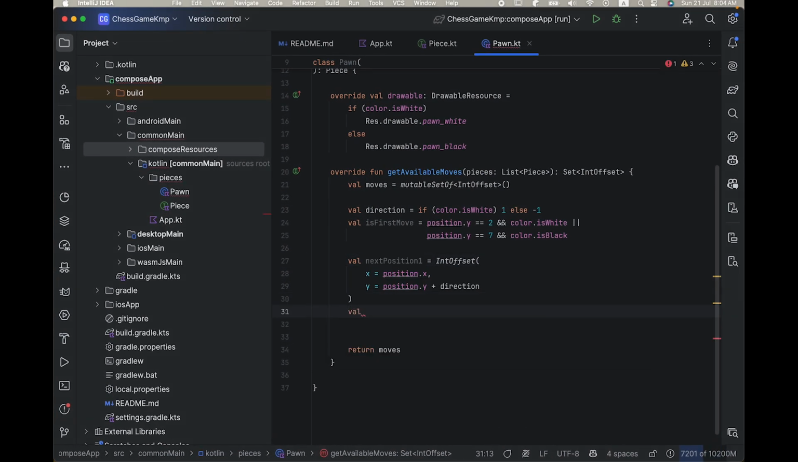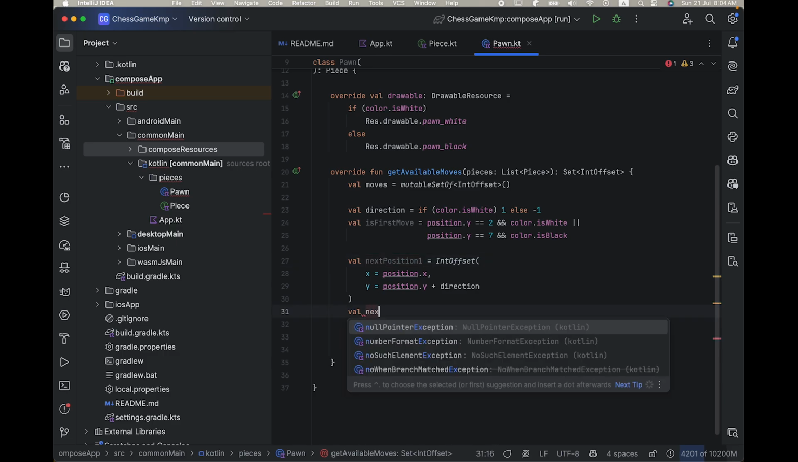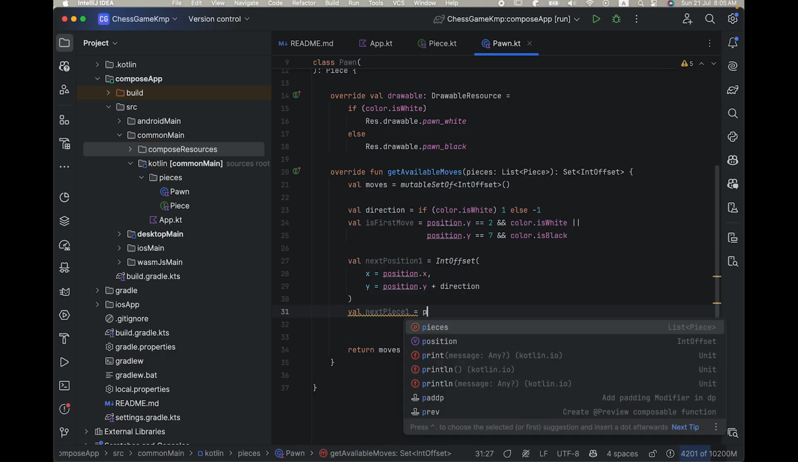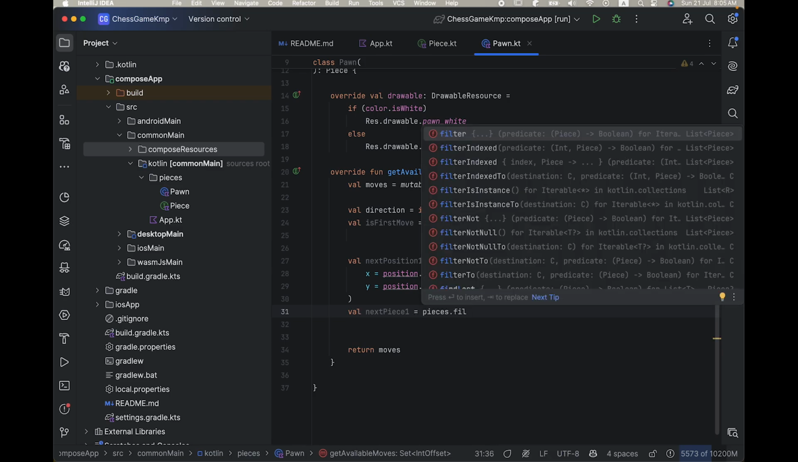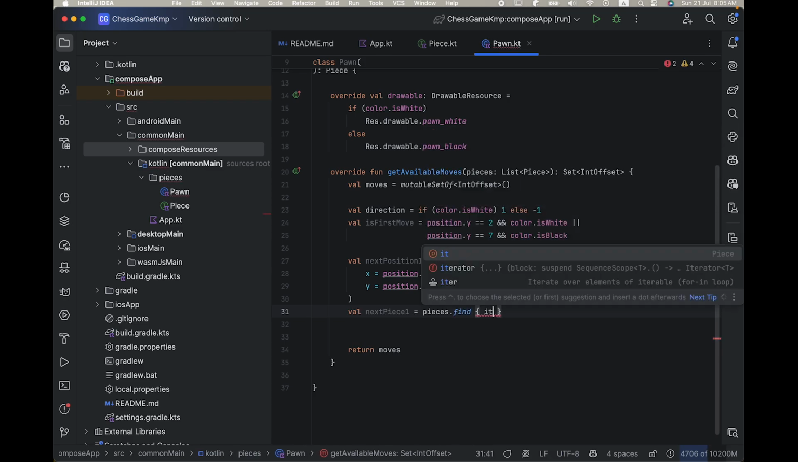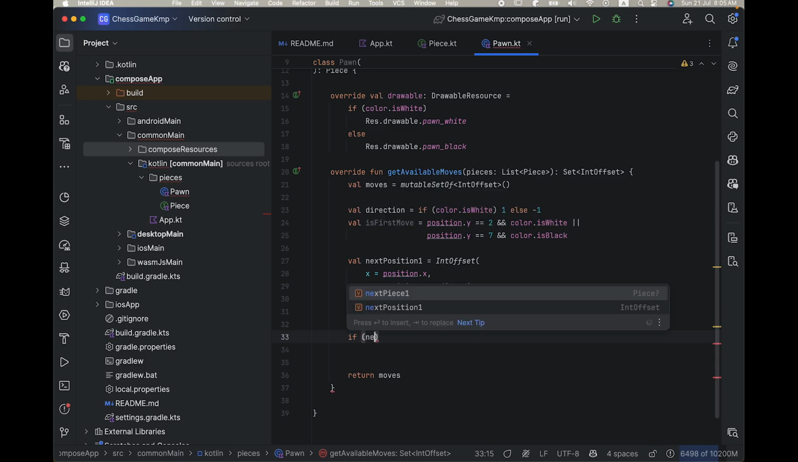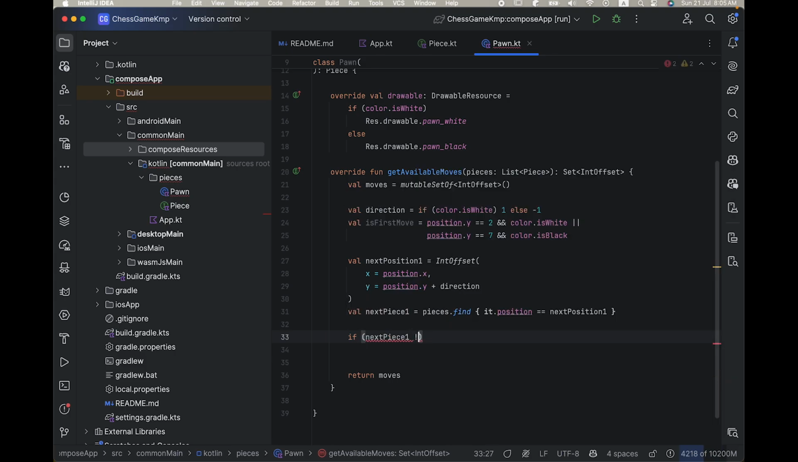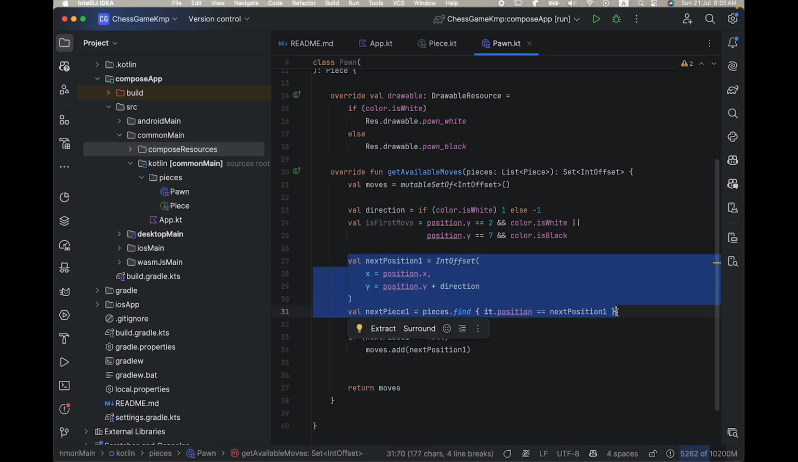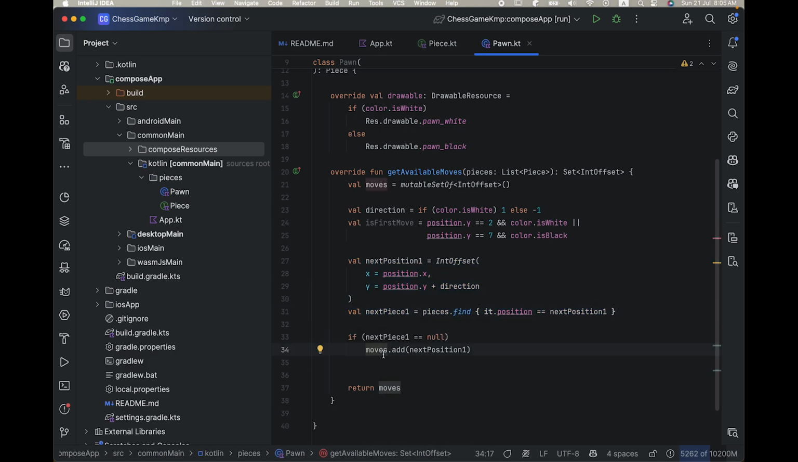So we will have maybe next piece 1, which is pieces dot filter, or find sorry, it dot position equal next position 1. So if next piece 1 is null, we will add this move to moves. So now what we are doing is if there is no piece in front of this pawn, we will add the spot in front of it to the possible moves,